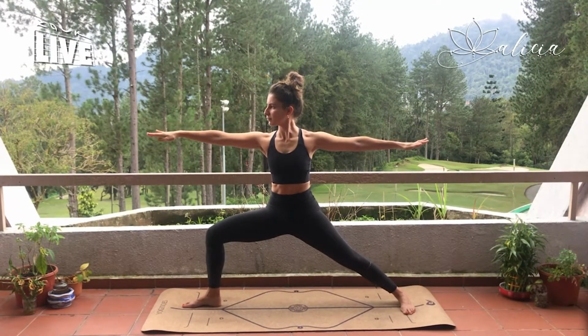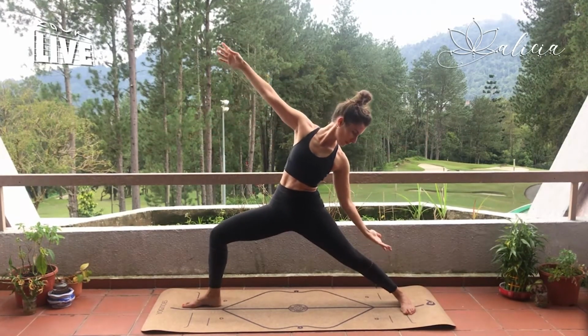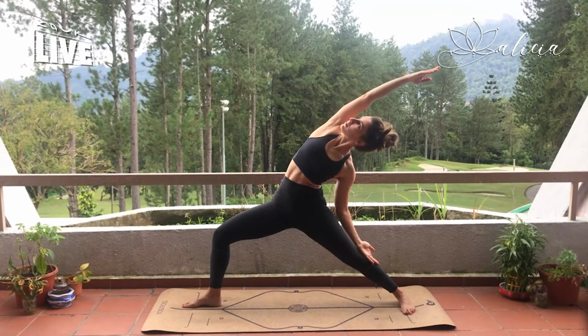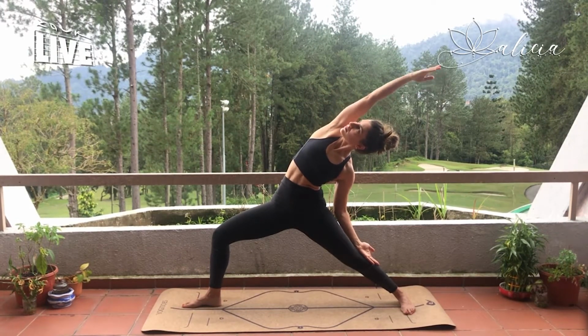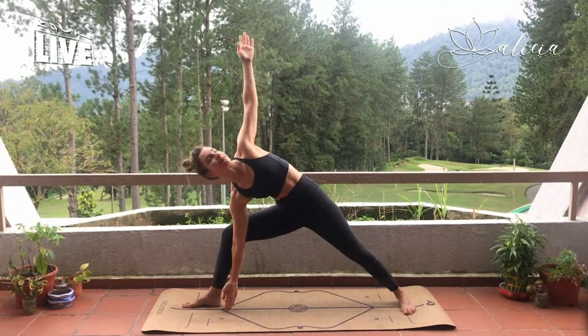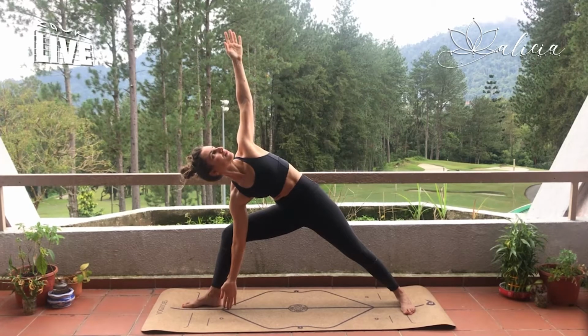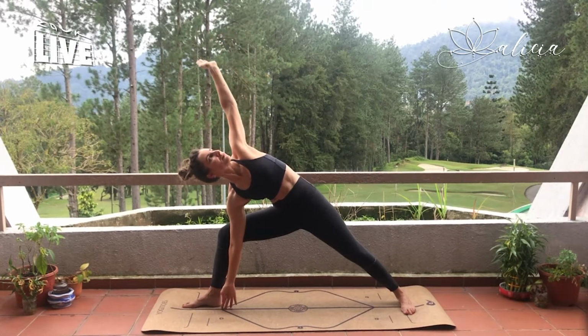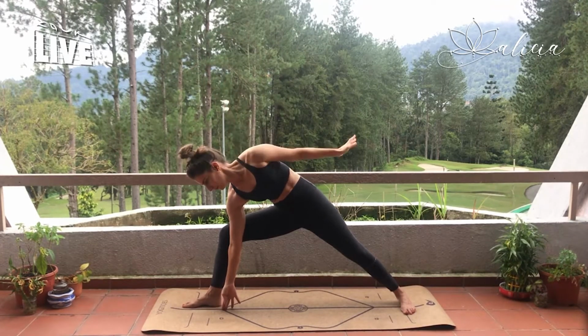Squeeze and hold. Exhale, reverse the warrior. Stretch it back over the back leg. Inhale through center. Exhale, side angle stretch. Inhale, release the hands forward